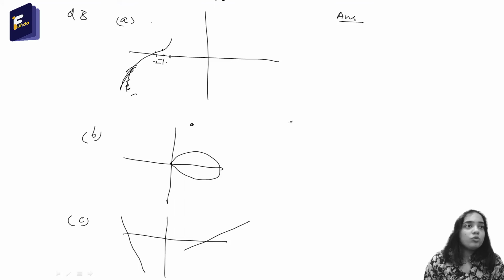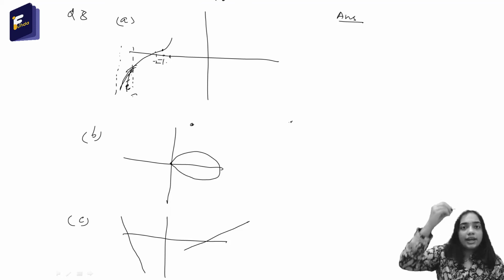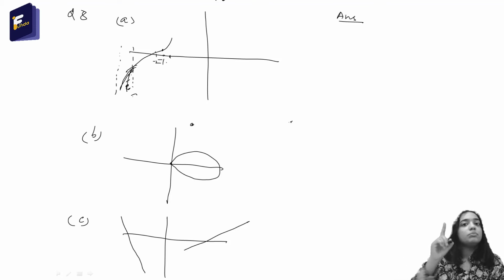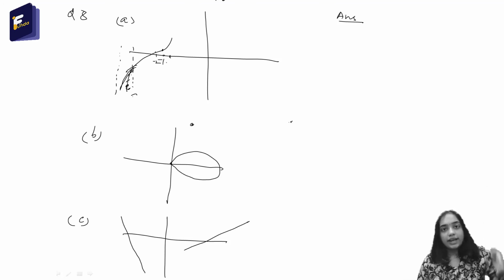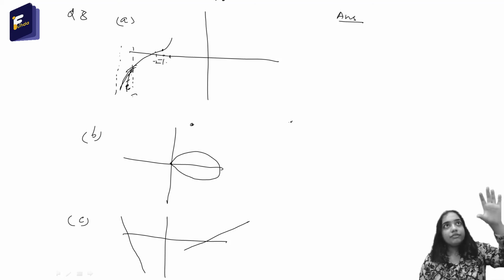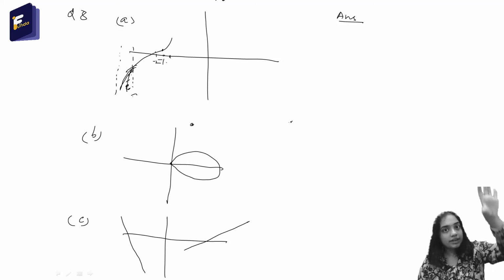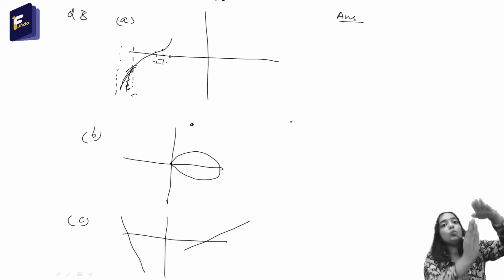We will draw imaginary vertical lines on this function, and we will see whether that vertical line only touches the function at one point. It should not touch the function at multiple points. Why is it so? Because if I draw a vertical line, that is the input I am giving, that is -1 or -2. And if it touches two points of the graph simultaneously, that means for that input, that is -1, we are getting two outputs.